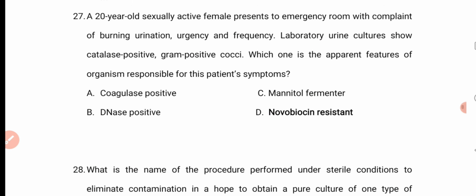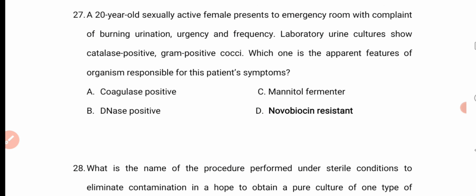Number 27 says a 20-year-old sexually active female presents to the emergency room with a complaint of burning urination, urgency, and frequency. The culture shows catalase-positive, gram-positive cocci. Which is the apparent feature of the organism responsible for this patient's symptoms? Okay, so she has burning urination, which is indicative of UTI. Here we see catalase-positive, gram-positive cocci, so they are from the Staphylococcus species. Among the Staphylococcus species, the most common cause of UTI is